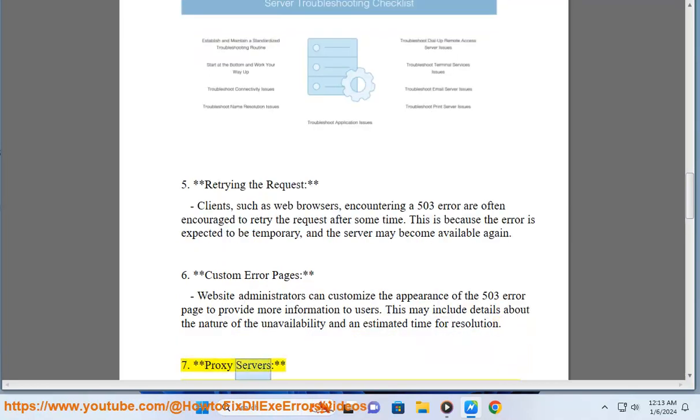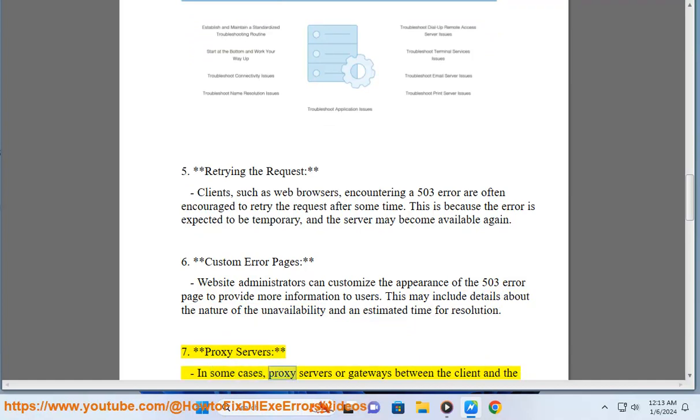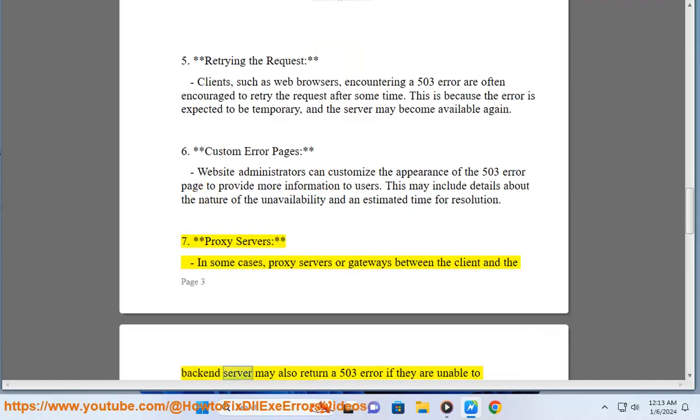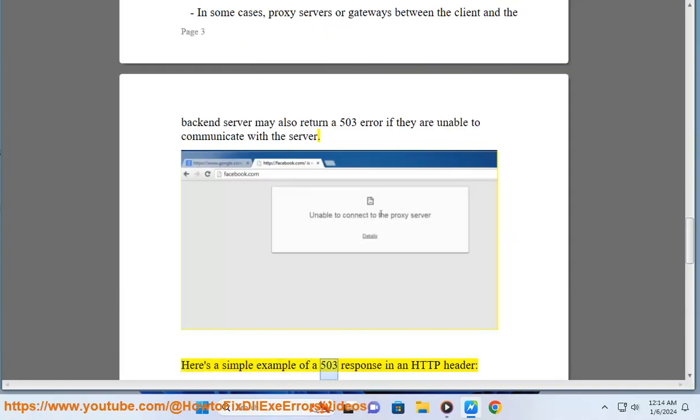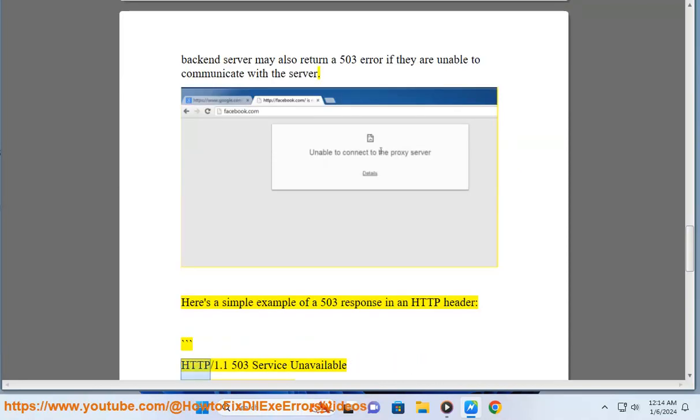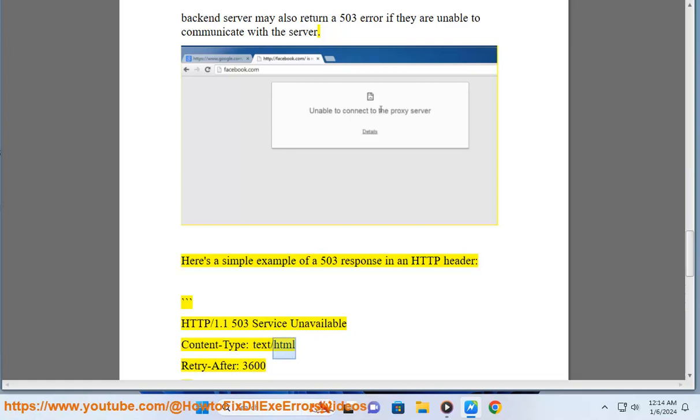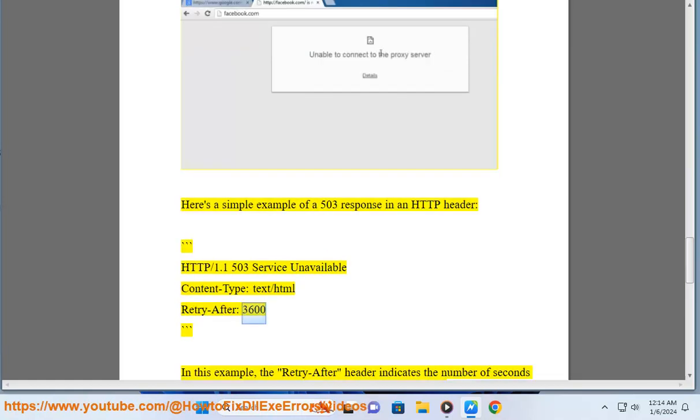7. Proxy servers. In some cases, proxy servers, or gateways between the client and the backend server, may also return a 503 error if they are unable to communicate with the server. Here's a simple example of a 503 response in an HTTP header. HTTP/1.1 503 Service Unavailable, Content-Type: text/html, Retry-After: 3600. In this example, the Retry-After header indicates the number of